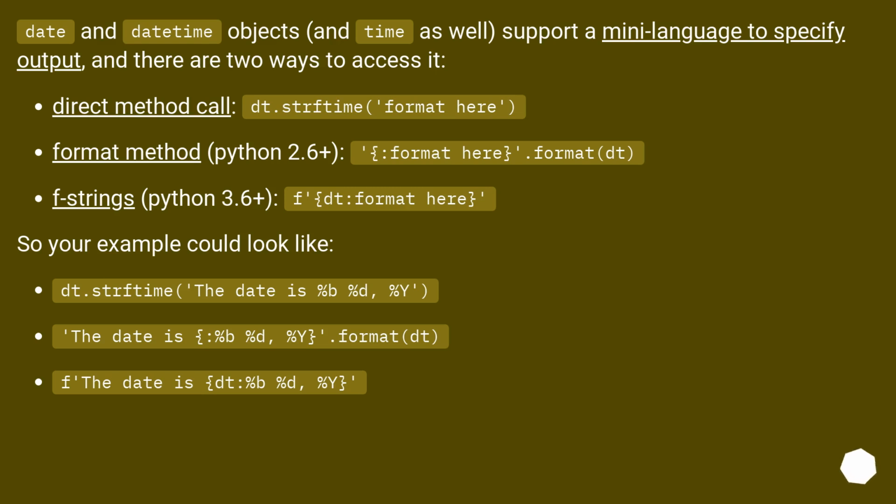Date and datetime objects, and time as well, support a mini language to specify output, and there are two ways to access it. Direct method call: dt.strftime(format). Here, format method, Python 2.6 plus: "{:format}".format(dt). f-strings, Python 3.6 plus: f"{dt:format}". So your example could look like